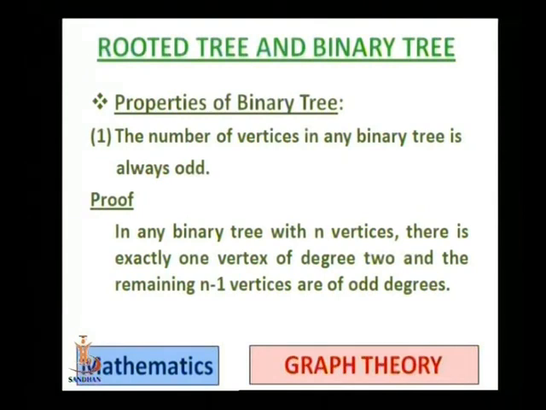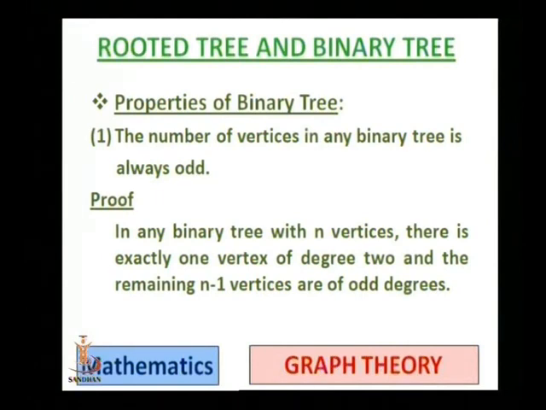You can recognize the number of vertices of any binary tree, and that would always be an odd number. That means a binary tree can be drawn only when the number of vertices is odd. For an even number of vertices, a binary tree won't be possible to draw. In case of the proof,